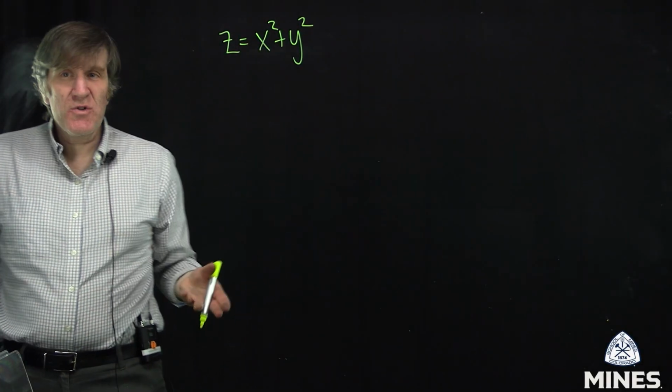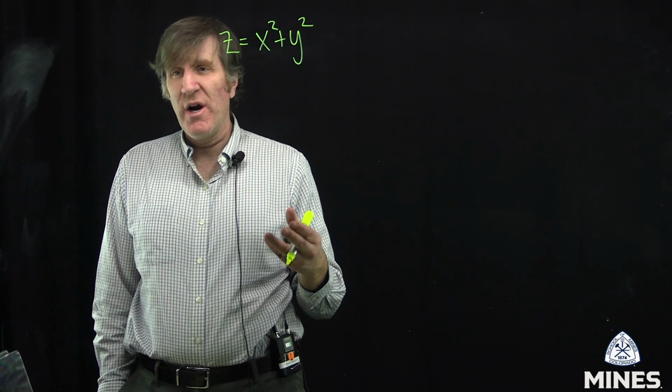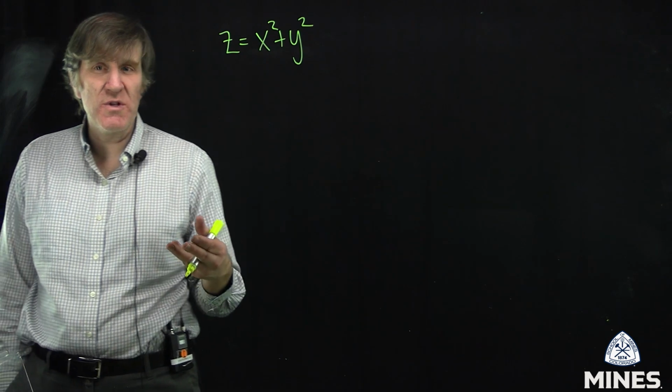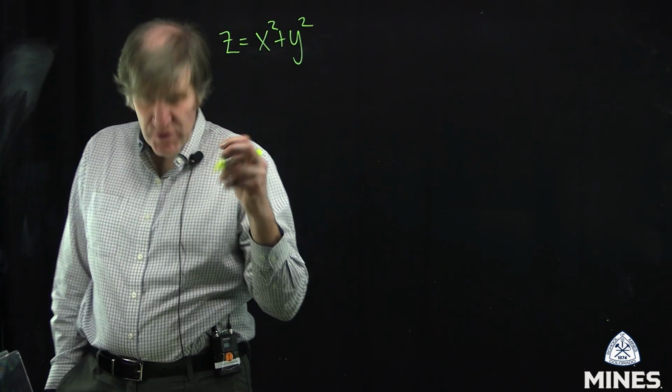We have here a quadric surface equation involving x, y, and z, where at least one of the variables is squared. It's going to be a quadric surface, and we want to use the idea of traces to figure out what kind of surface we have. So for traces,